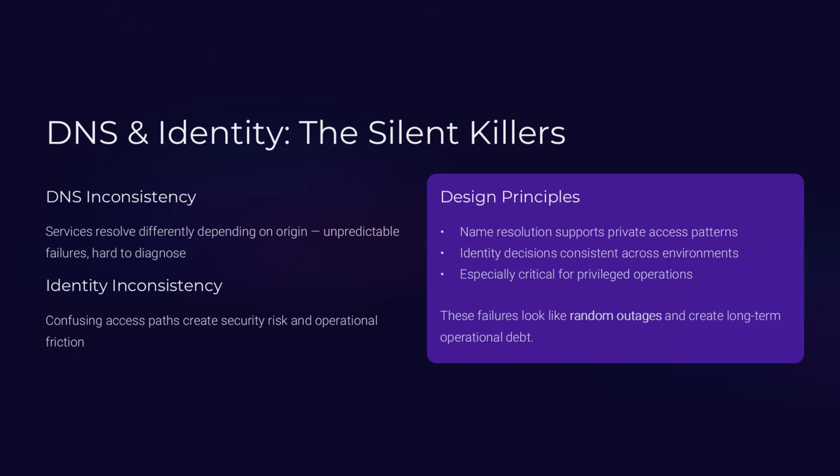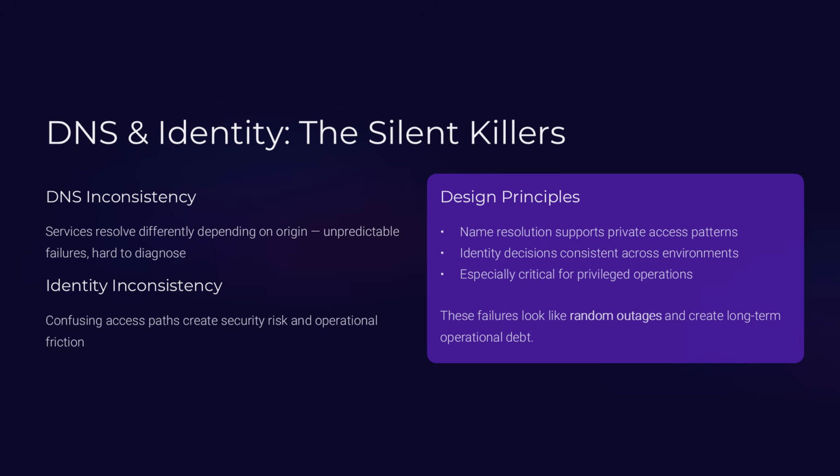With routing and segmentation in place, you now address the two most common hybrid silent killers: domain name system, and identity inconsistency. If name resolution is inconsistent, services resolve differently depending on where requests originate, creating unpredictable failures that are hard to diagnose. If identity boundaries are unclear, administrators and applications can end up with confusing access paths that create both security